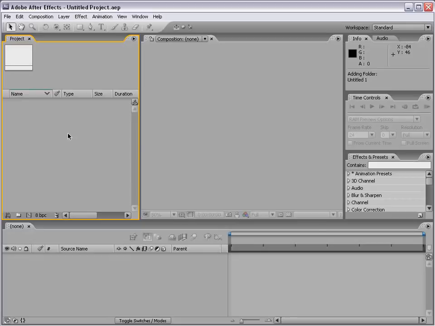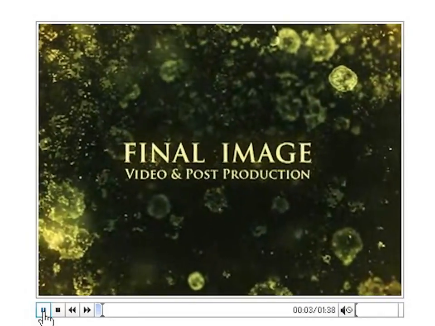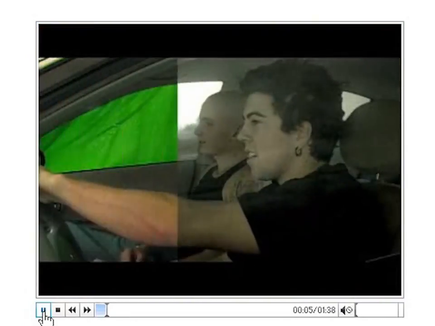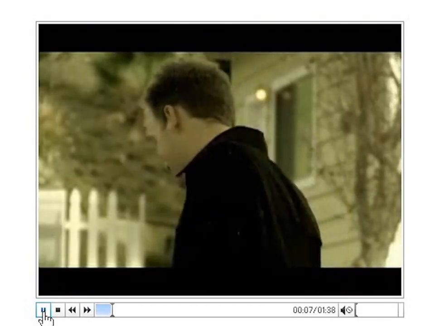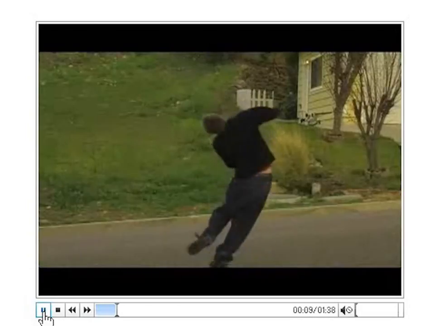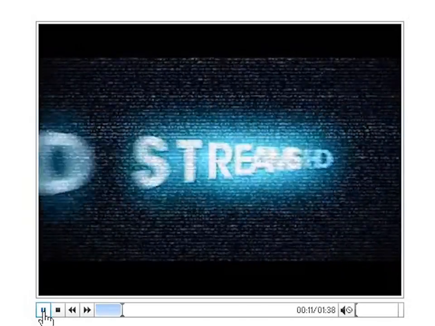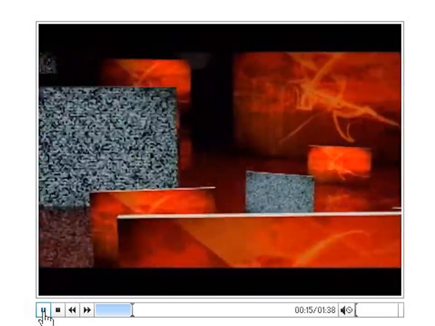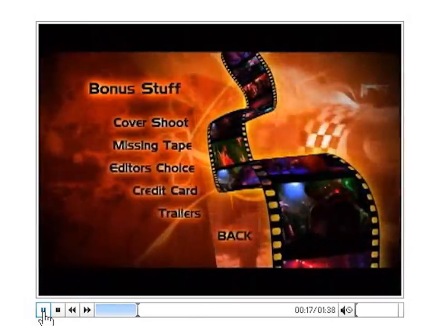For example, here are some of what After Effects is capable of. Of course, these are just an example. You can obviously imagine the possibilities. You've probably seen After Effects in the movies, motion graphics, TV, all over the place. It is a powerful compositing and motion graphics package. All right, so